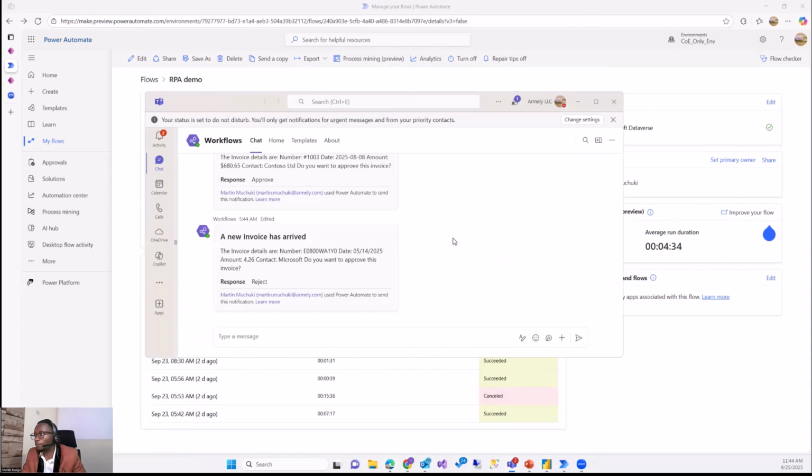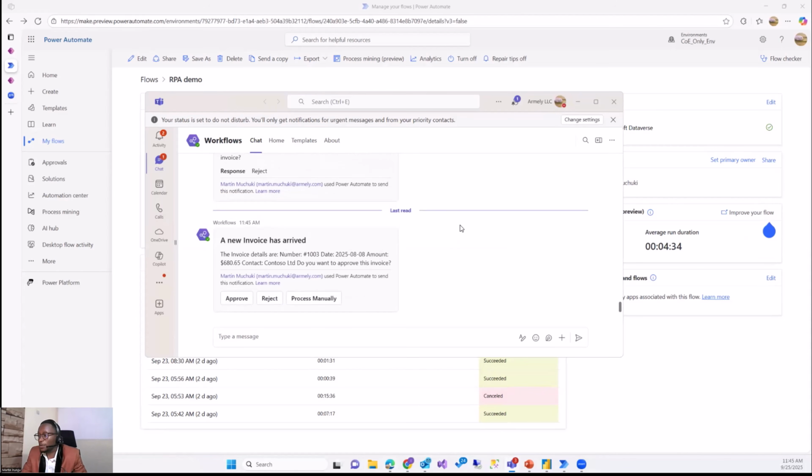So we are expecting to get a notification to our Teams that, hey, there's an invoice that has been shared, and we expect that the details will have been extracted so that it makes it easier for us to approve or reject.